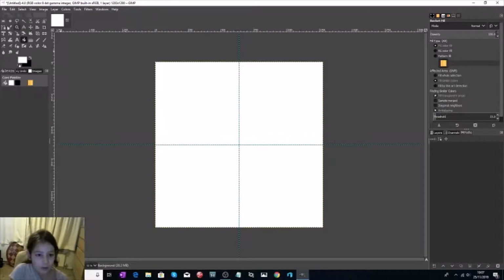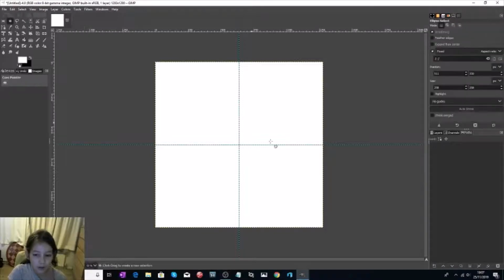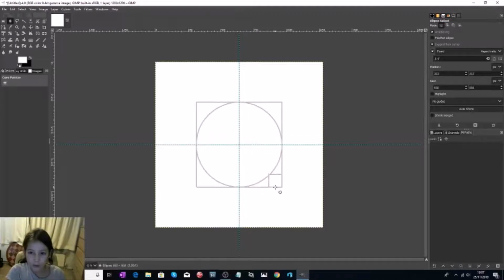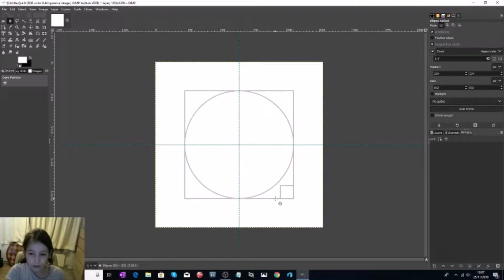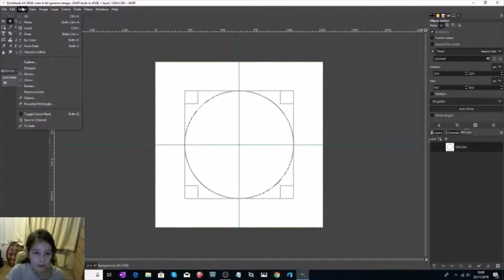So now just grab the ellipse tool, which is this kind of circle tool. So if you put it right in the center of these two guides and press Ctrl and drag it along. So now it's a perfectly symmetrical circle. Press Select to Path, select None,